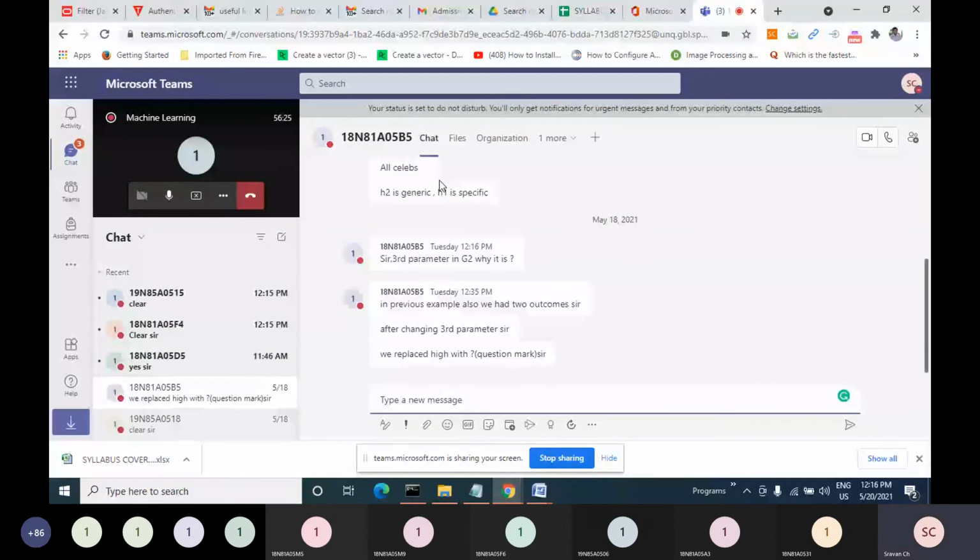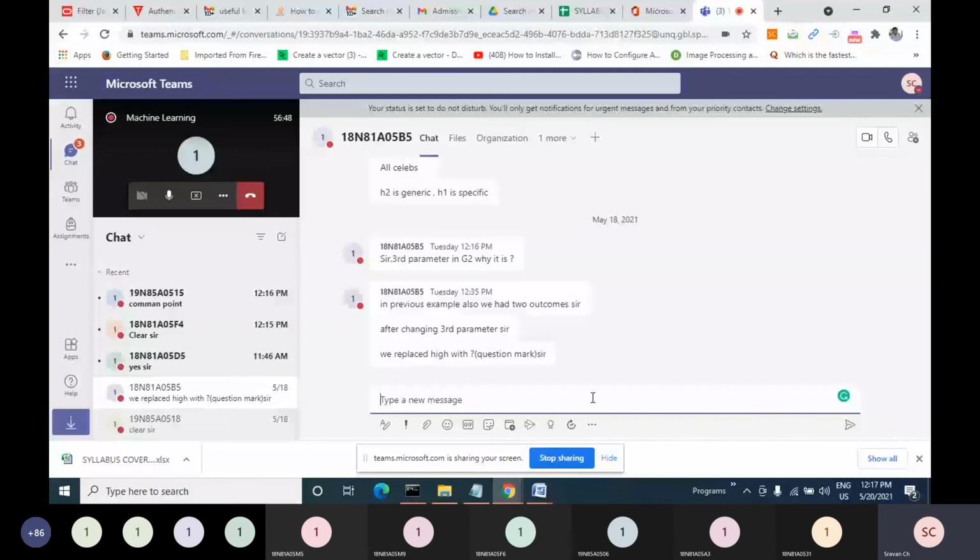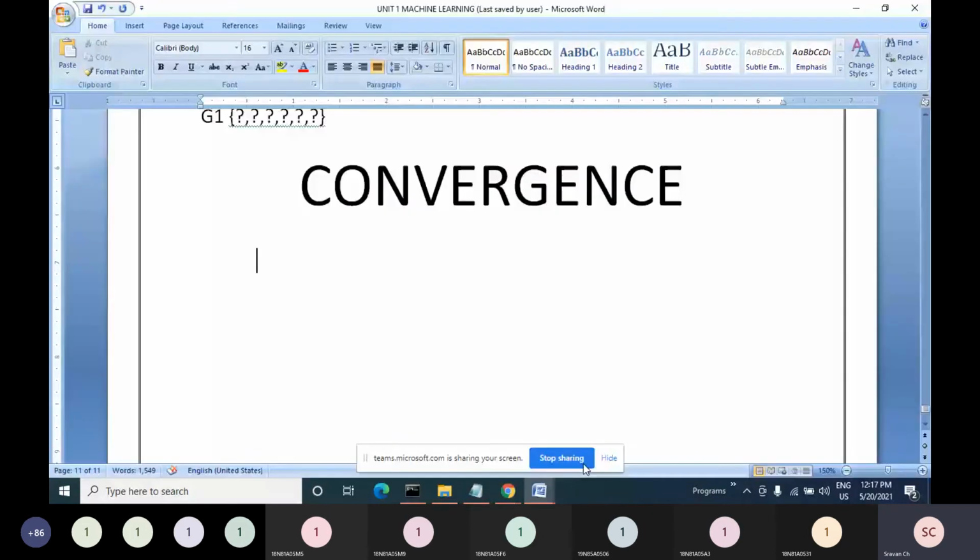General meaning of convergence. Common point, yeah. True, true. Good, good. So friends, convergence means, for example,